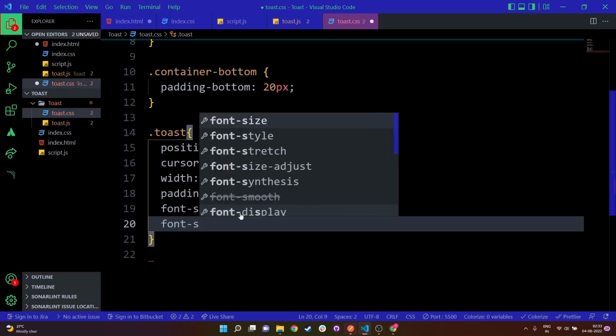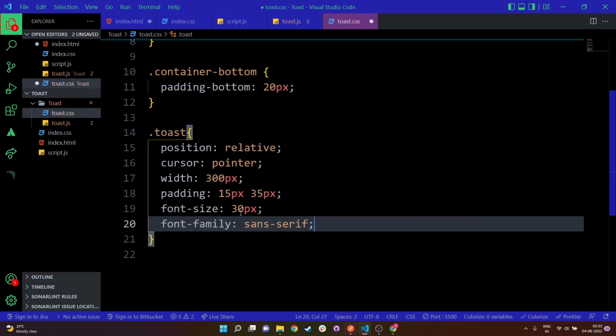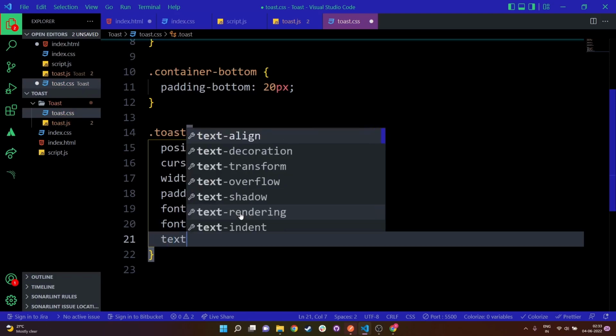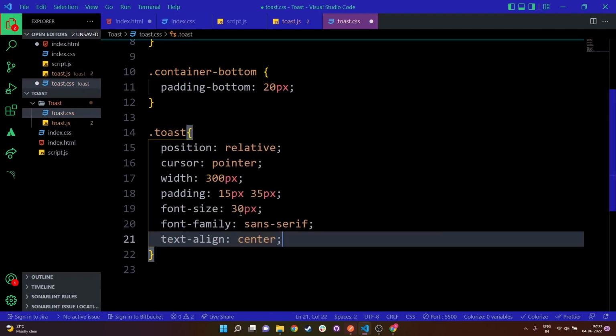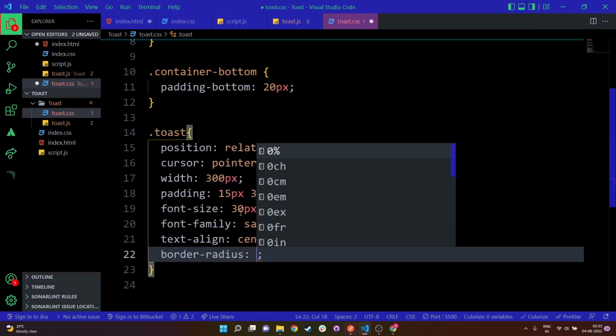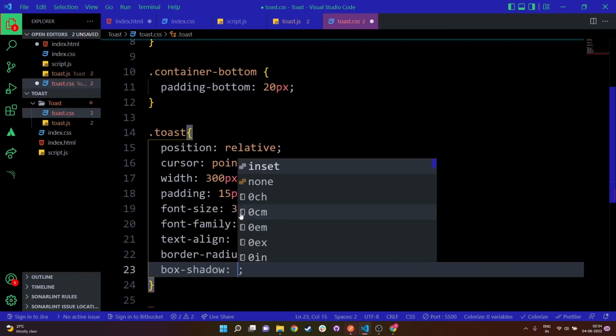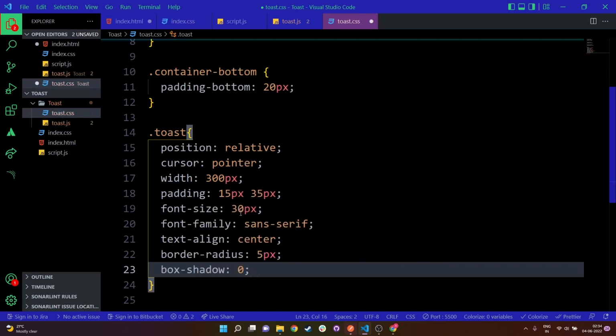Then we can give it a font family of, let's say, sans serif, and then after that I'm going to say text align. I'm going to center everything out, and then a border radius of around 5 px, and then a box shadow of 0, let's say 15 px, and then we'll give it a color of RGBA 0, 0, 0, and